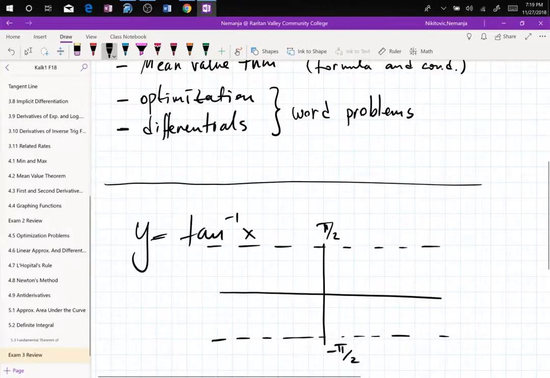And you draw the inverse tangent function. The question is the difference